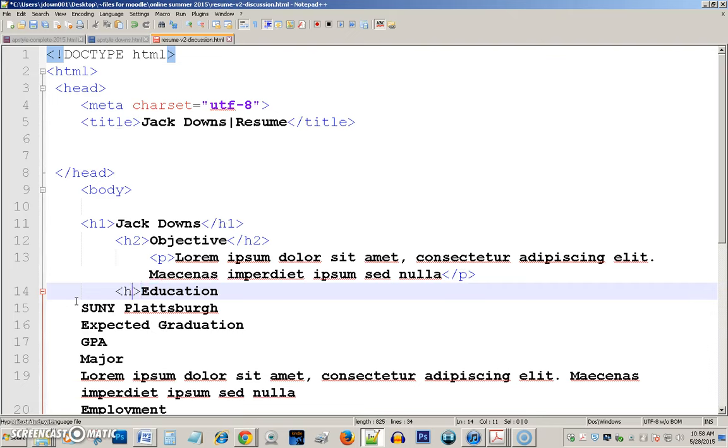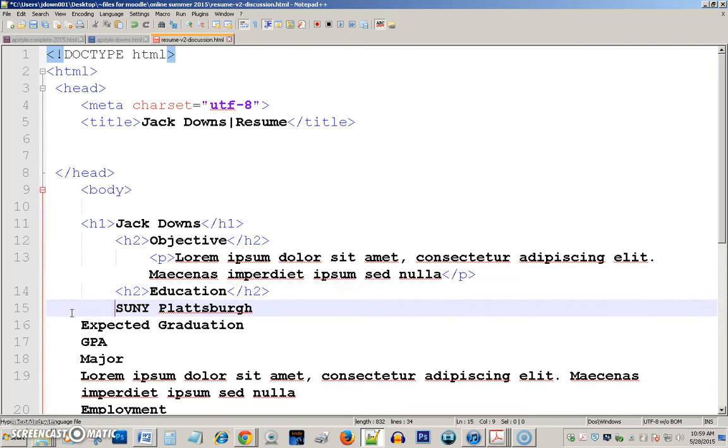Let's get this going here. H2, education, close the H2. I could be doing some cutting and pasting here instead of all this typing, which I'm having trouble with today anyway. H3 is the name of the college. It's like a subset of education, but it is its own category. So it doesn't make sense to have it be a paragraph,